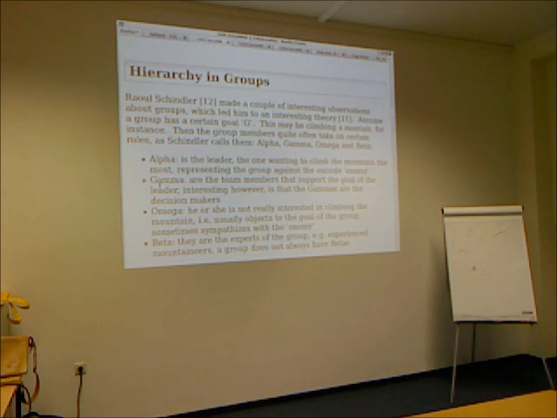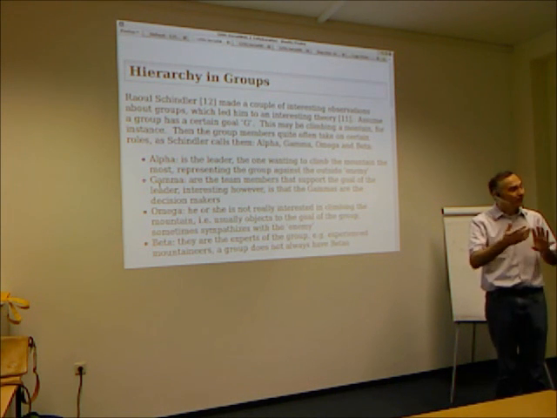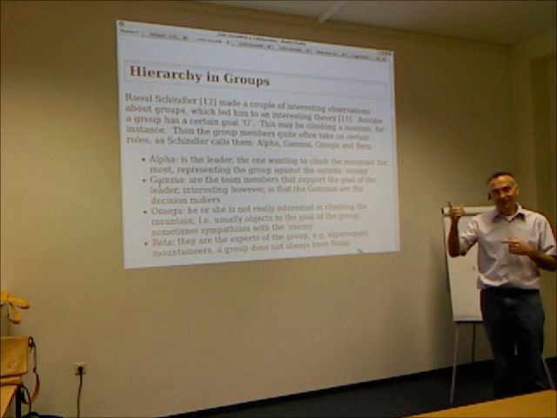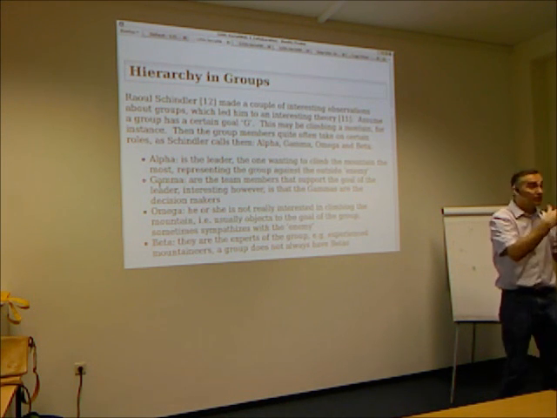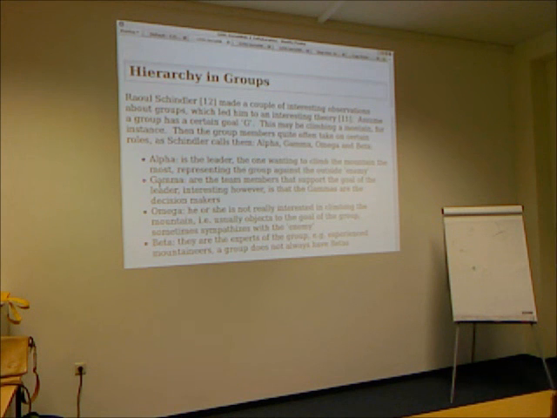And so, if nothing else, it would be nice if in the future, if you're part of some teams and you make some observations, that you look back and say, oh, I see, this guy's a gamma, this guy's a gamma, this guy, oh, you're a beta. And that you can start identifying people by looking in teams and then understand something about the team dynamics. So this is something I find very, very interesting.